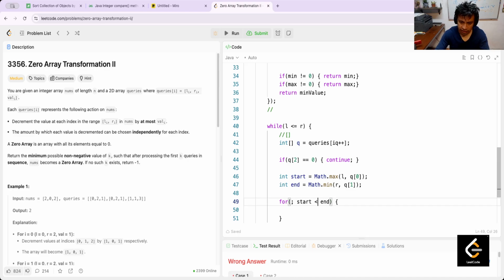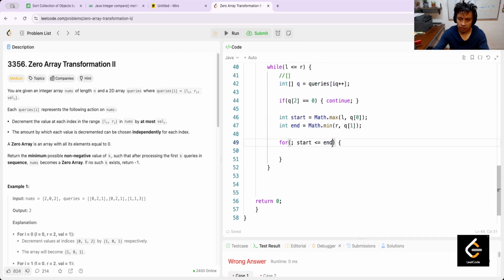I think that here it's minor equal because it's inclusive. Plus here that